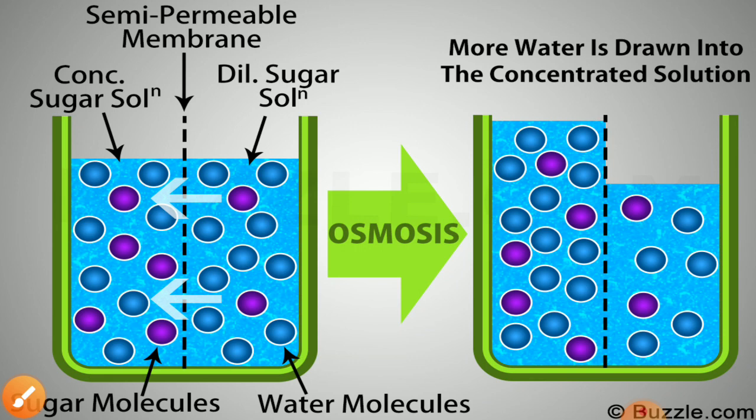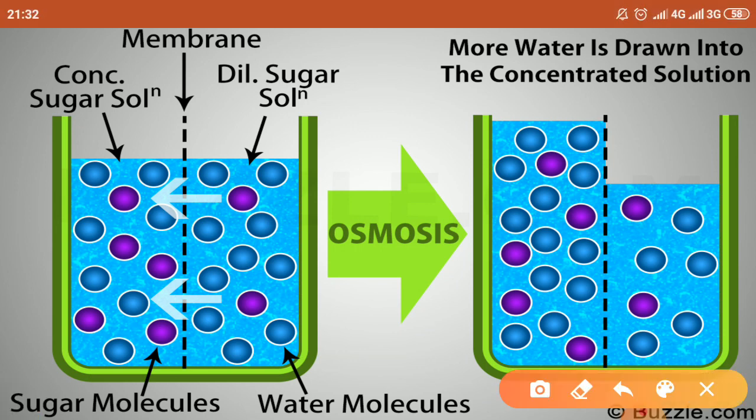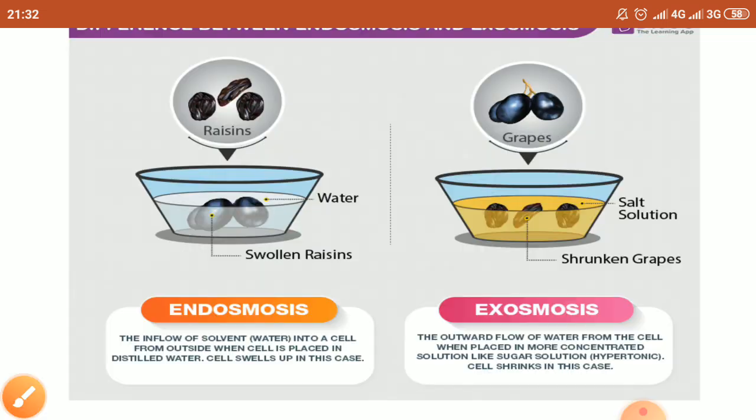You can see over here also, semi-permeable membrane, dilute sugar solution. Dilute means where the amount of sugar is less. Concentrated is where the amount of sugar is more. Okay, more sweet and less sweet, we can say, in a glass full of water we put 2 spoons of sugar, in another 4, 5, 6, a higher concentration. So the movement will be from dilute sugar solution to the concentrated one. And here you can see, due to osmosis, the water is drawn into the concentrated solution.